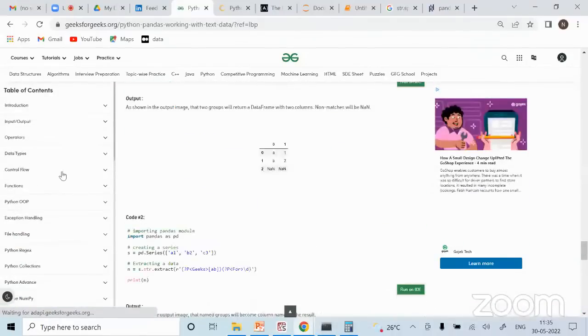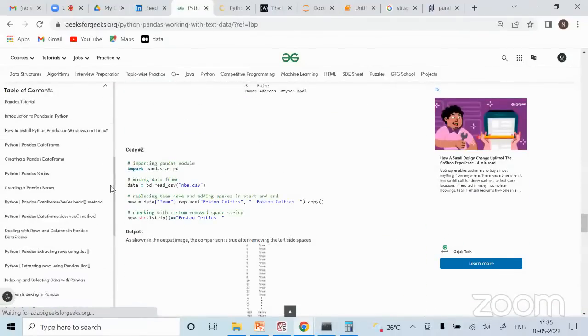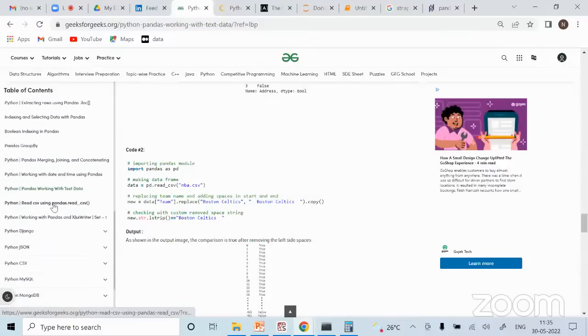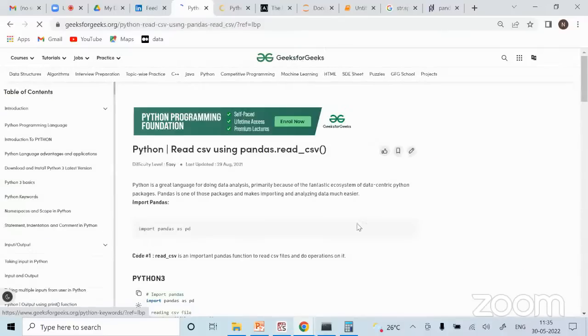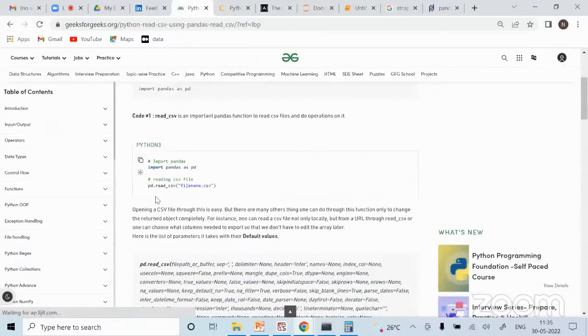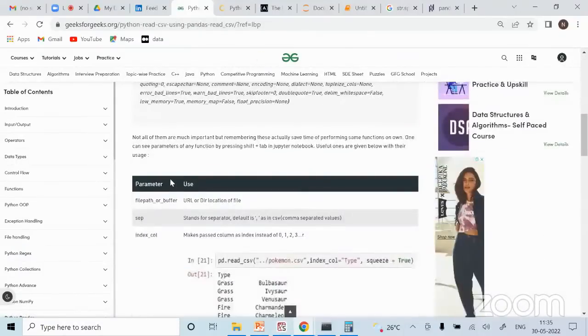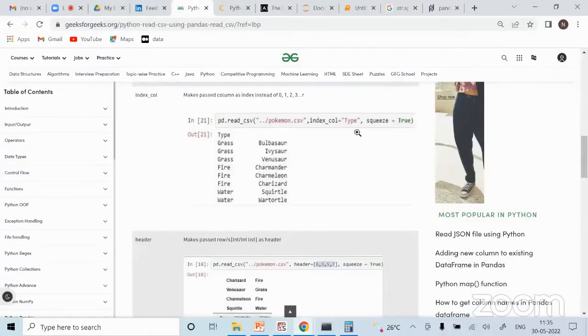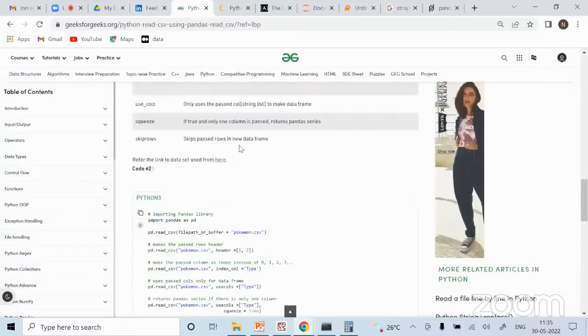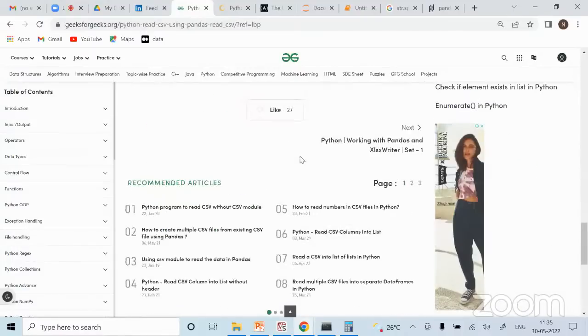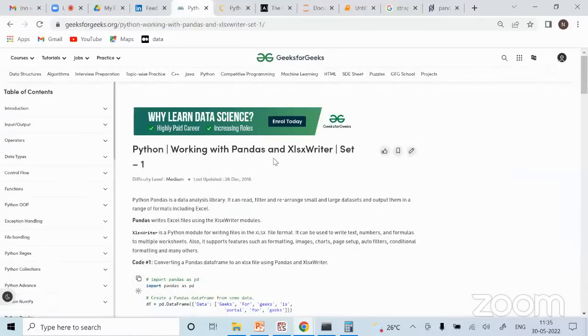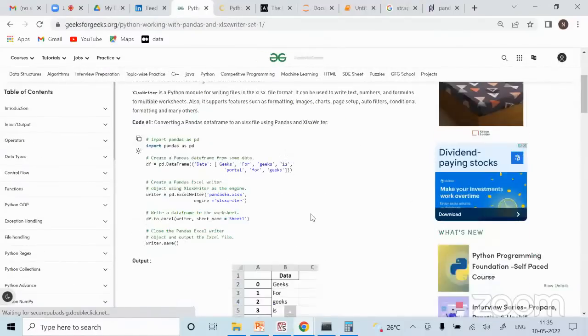Okay, then moving along. We already know how we read CSV. There is this direct read_csv command which we used. We already have this index column option where you can select any column name and make it the index name. That you can do. Okay, then the last, not the least, is XlsxWriter. There is not only CSV, you can do read_excel too, and if you want to write it back, that also you can do.